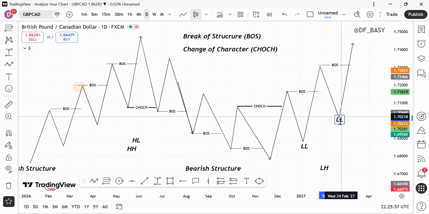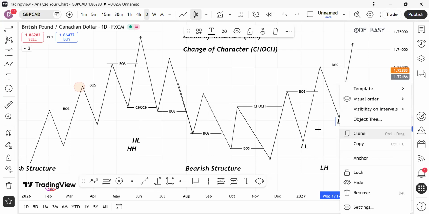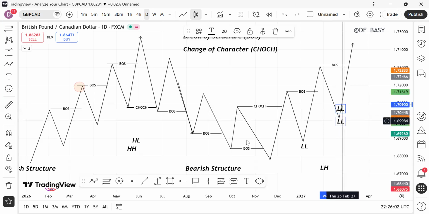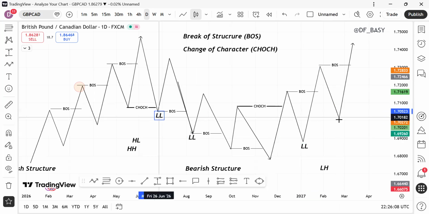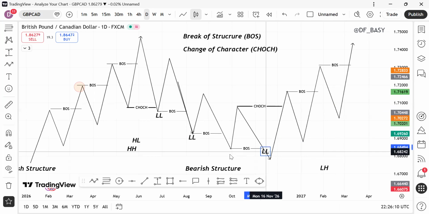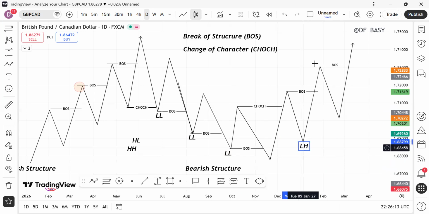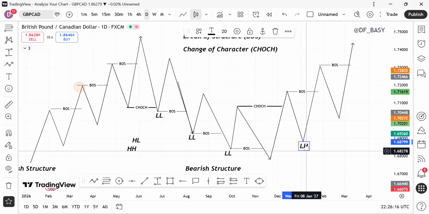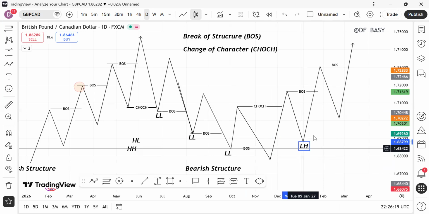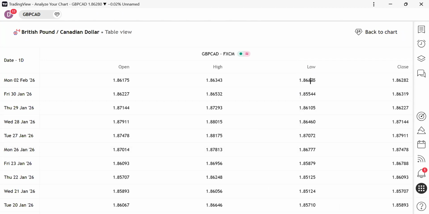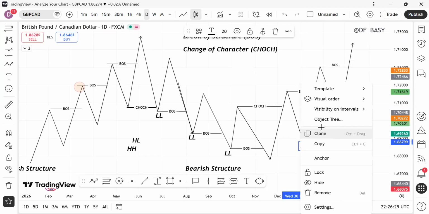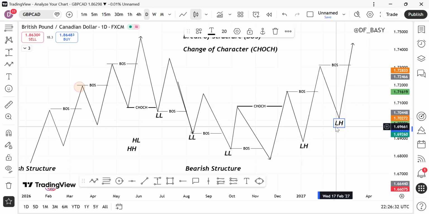it's a lower low, it's a lower low. Sorry, this is a lower low, it's a lower low, this is a lower low, this is a lower high. Because from here is a bullish structure. Hold on, sorry about that. It's a lower high. All this I'm just doing so that you guys can have clarity